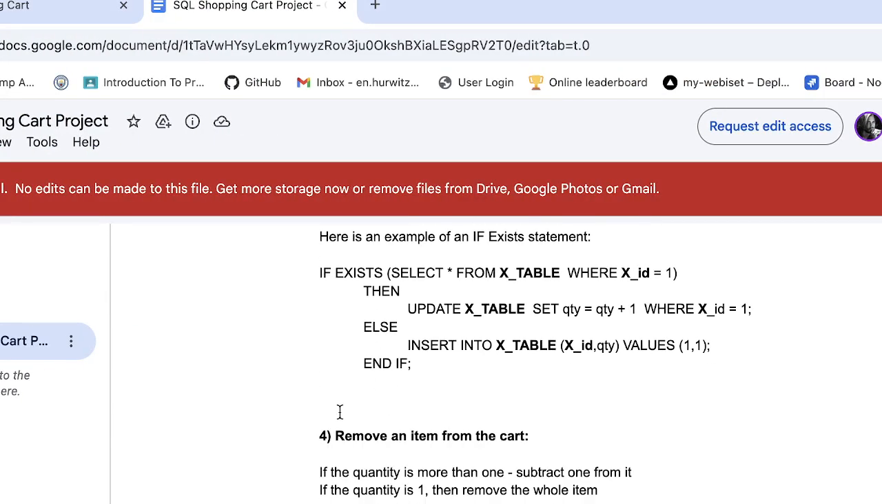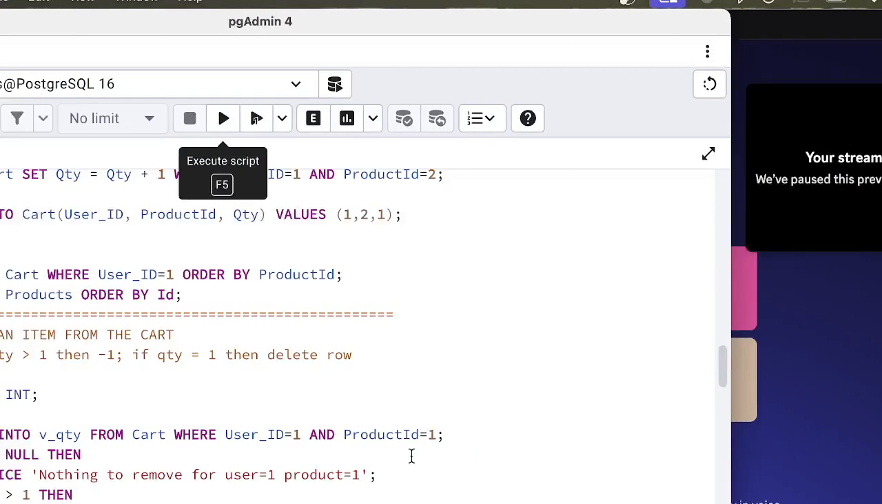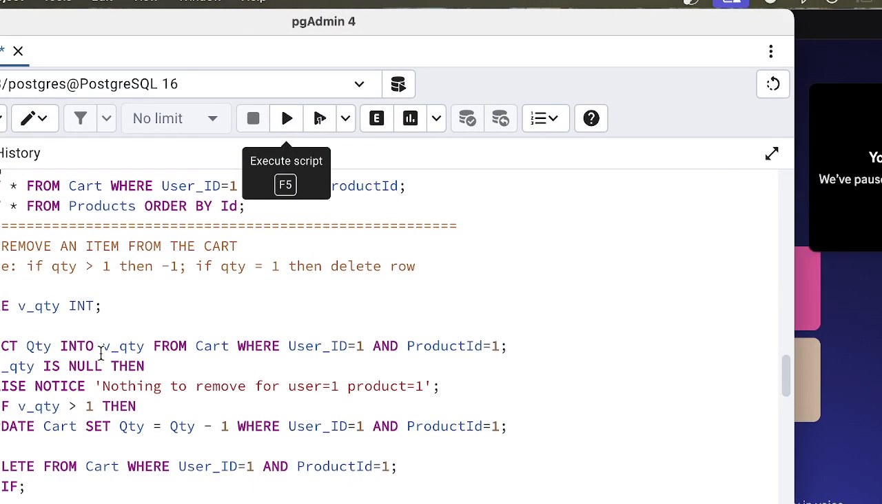And then it wanted us to remove items from the cart, which this is doing. So we're selecting the quantity, which is going into the v_qty from the cart. So this is basically just the quantities, but what's in the cart. And then where user ID and the product. And then if this is null, then I put a thing there: there is no product to remove. Else